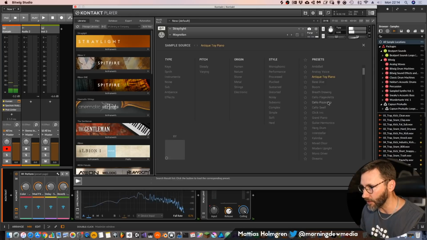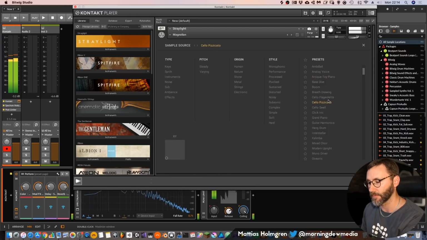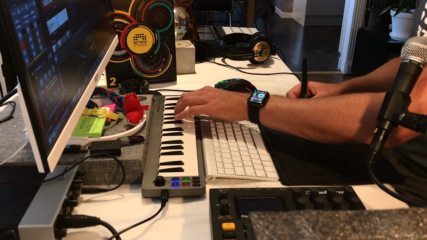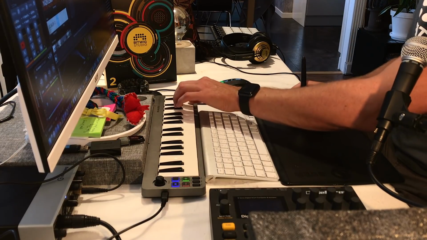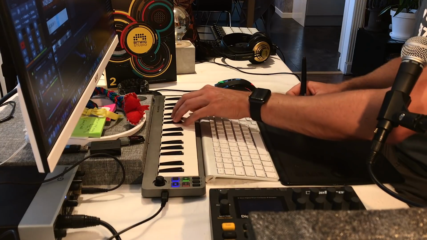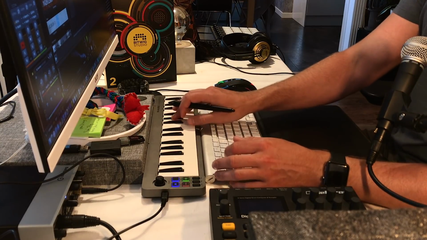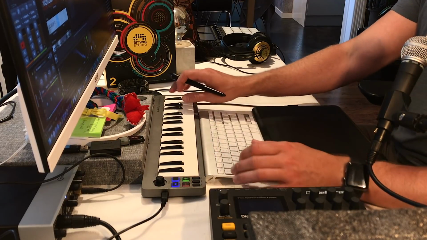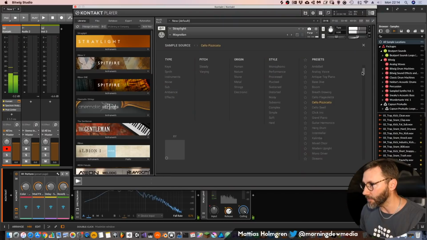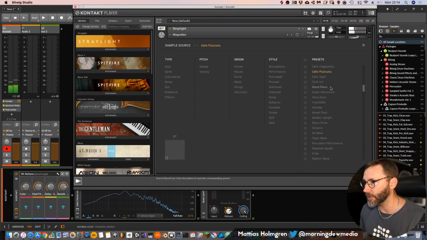Let's see if we have a cello pizzicato. Yeah, that's some really nice samples in here. The grand piano.